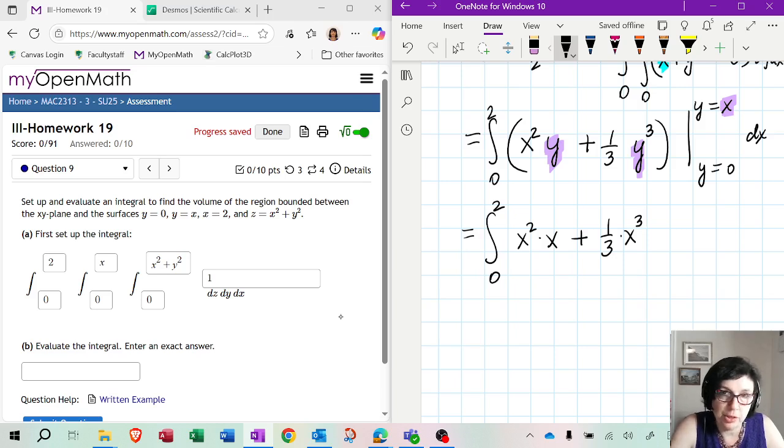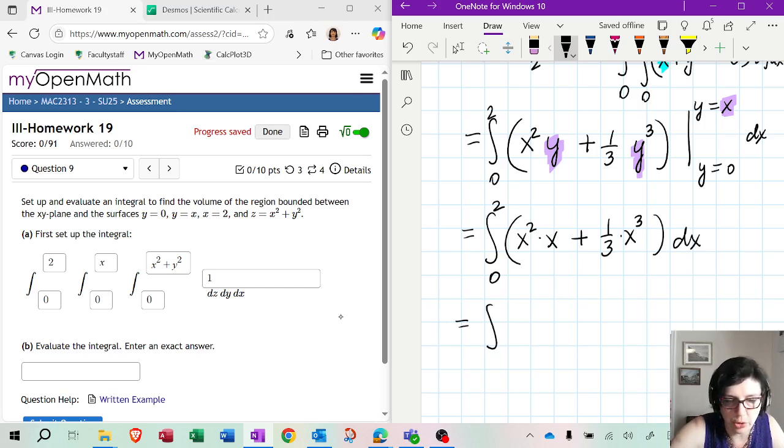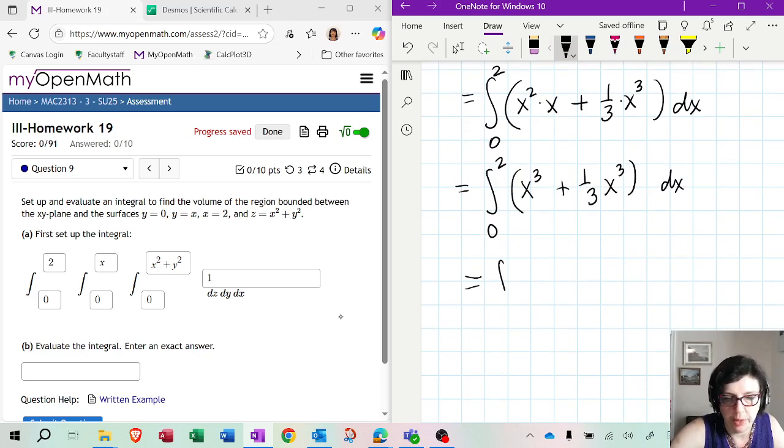Now, substituting 0, which you should substitute next, just gives you 0 when you substitute it for y. So that's just going to drop out. And let's always try to simplify the expression before you move on and start integrating. We do have like terms here, okay? And those are x cubed. So we got x cubed plus 1/3, that's 4/3 x cubed.